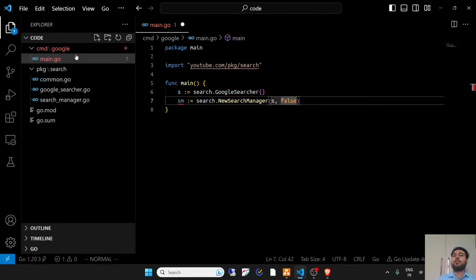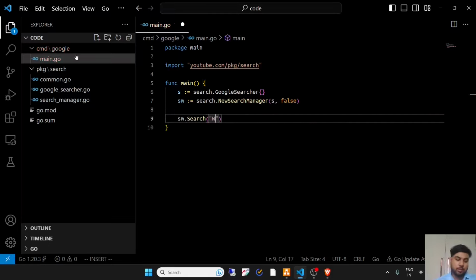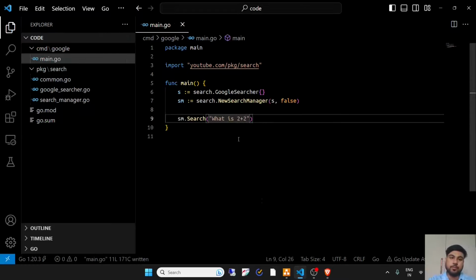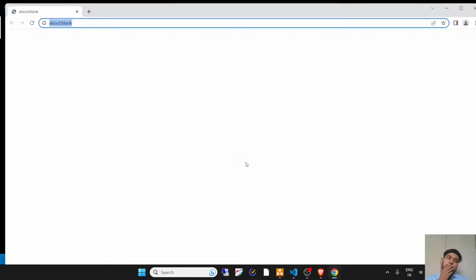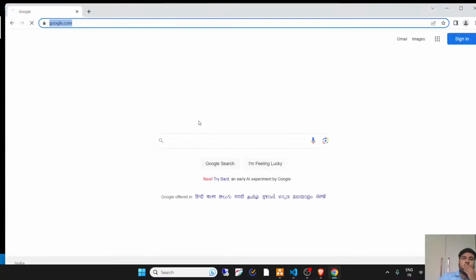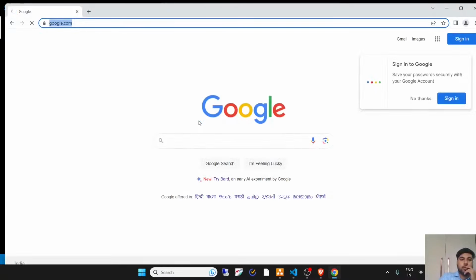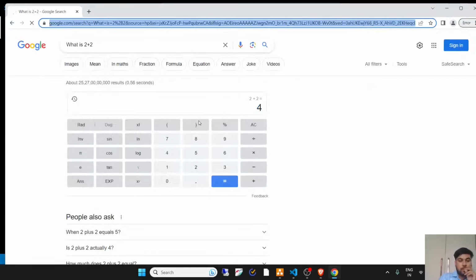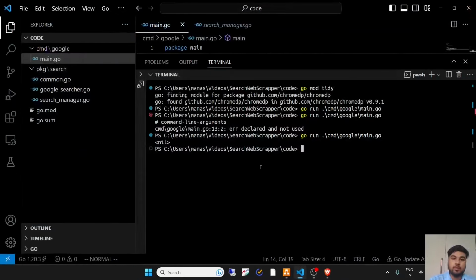I set headless to false so that we can see what is happening in the browser automation. And let's see how this works. So it opened up Google, and we haven't called the cancel function, so it didn't close the web browser.